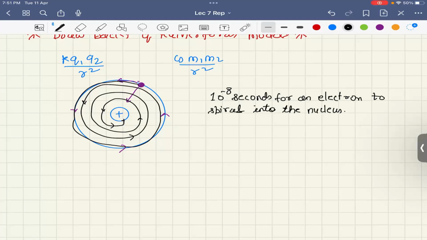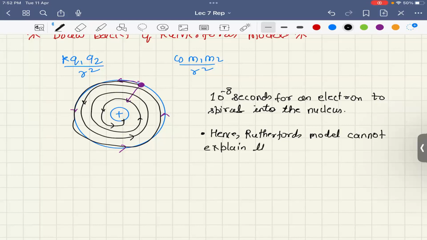Therefore, Rutherford's model cannot explain the stability of the atom if the motion of the electron is described on the basis of classical mechanics and electromagnetic theory, right? Hence, Rutherford's model could not explain the stability of the atom. Obviously, we may think that if the motion of electrons in orbits leads to